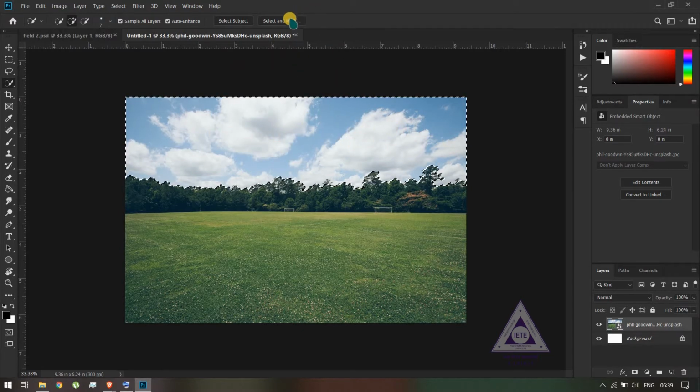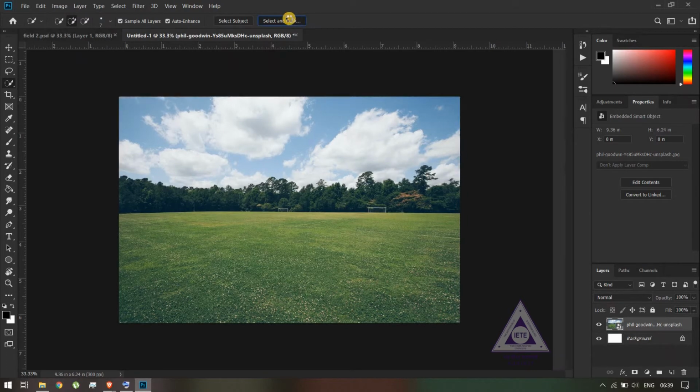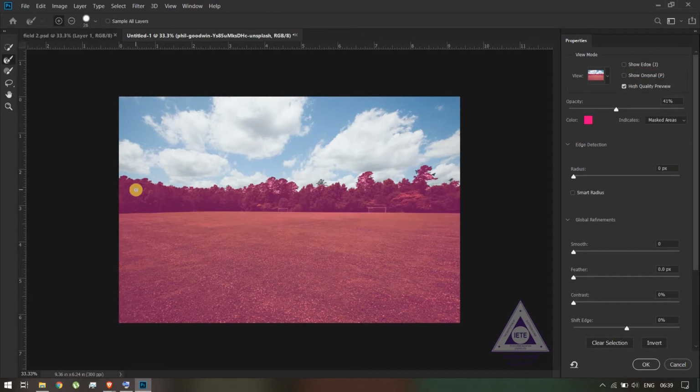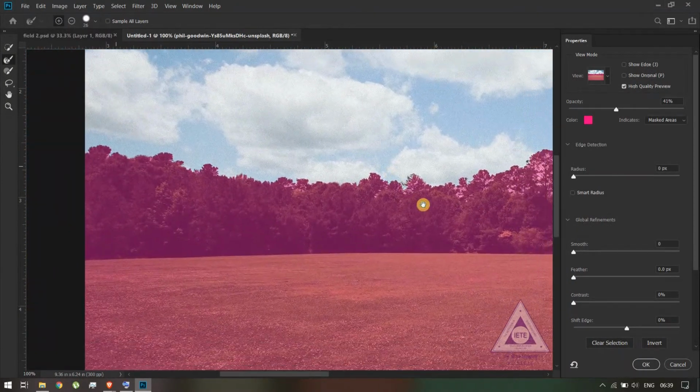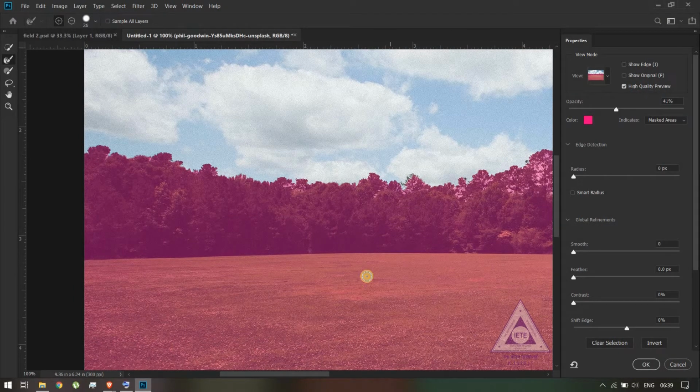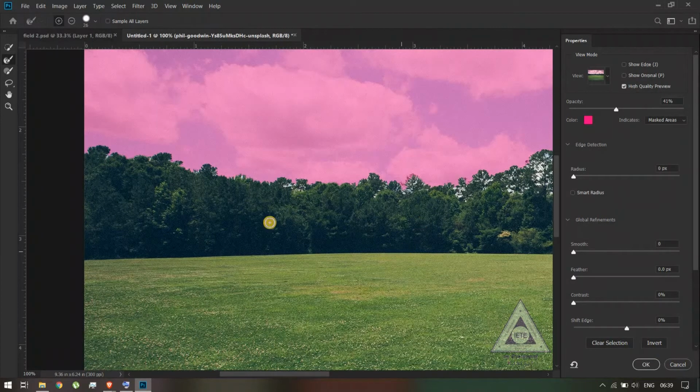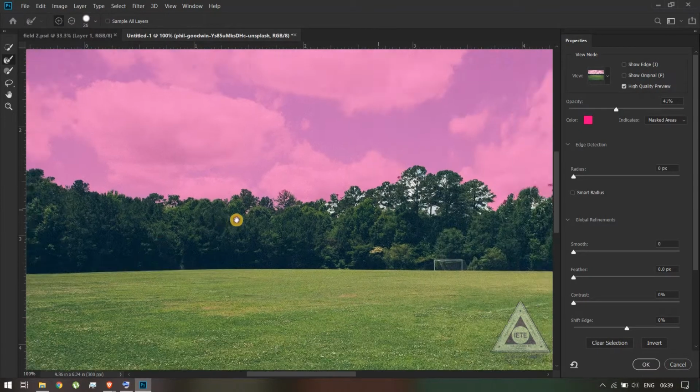I'll go to Select and Mask after making the selection, and I'll use the tool right here, going over the area around the trees which still has the sky selected in it. But before that, what we need is to keep the trees and remove the sky, so I'll be inverting the selection, and now I'll be using the tool to go over the area. You can see that as I'm going over the area, it's keeping the trees but removing the sky from the background. It's a really great tool to make refined selections.